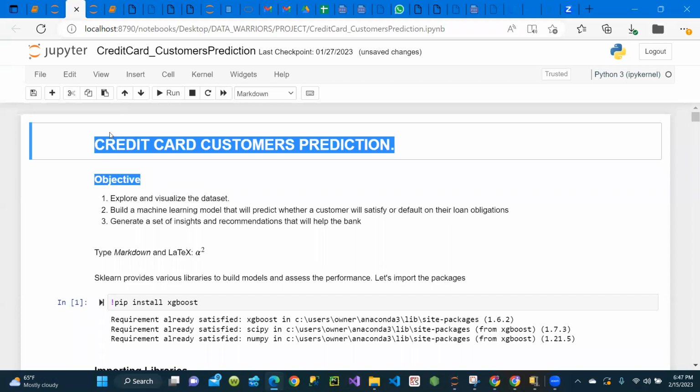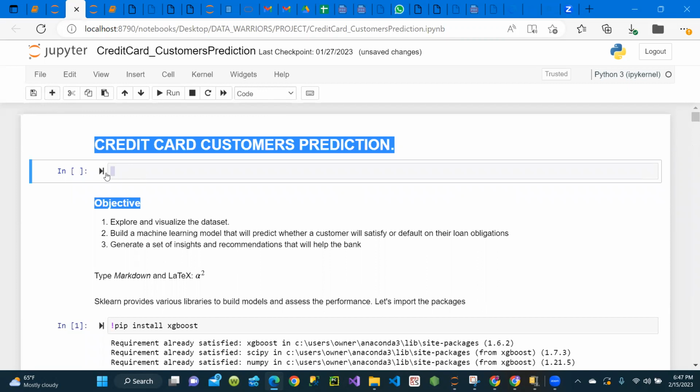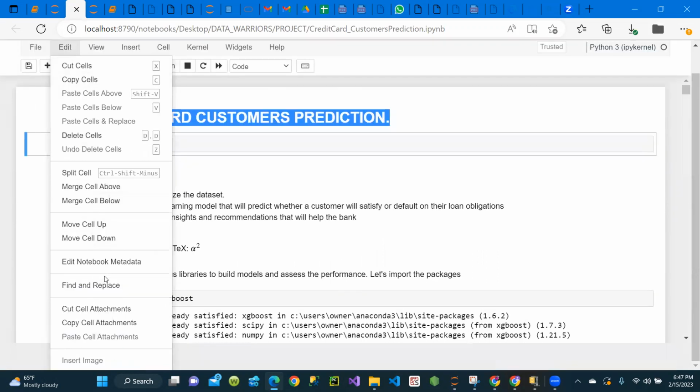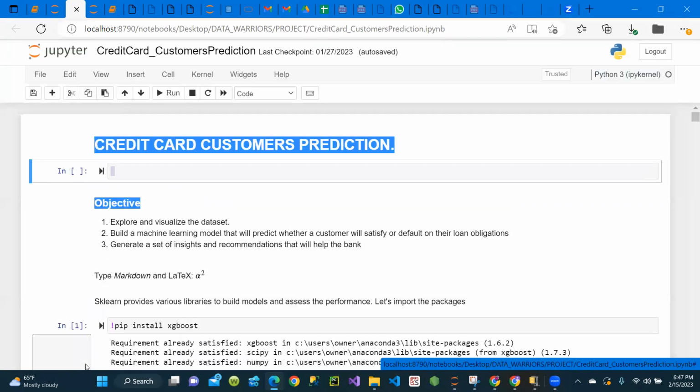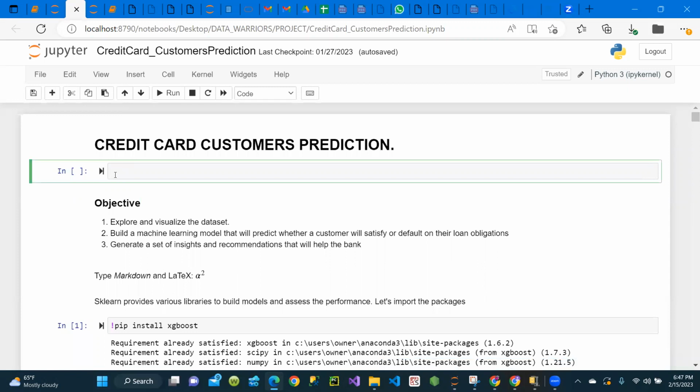So here we're gonna put our pictures, and I want you to put your picture here, and your names. So you will come here and say edit. Where is it? Insert image. Mine is not active. I don't know why. This is where you insert image. So here you just insert your image. I'm also going to insert mine. Insert your passport